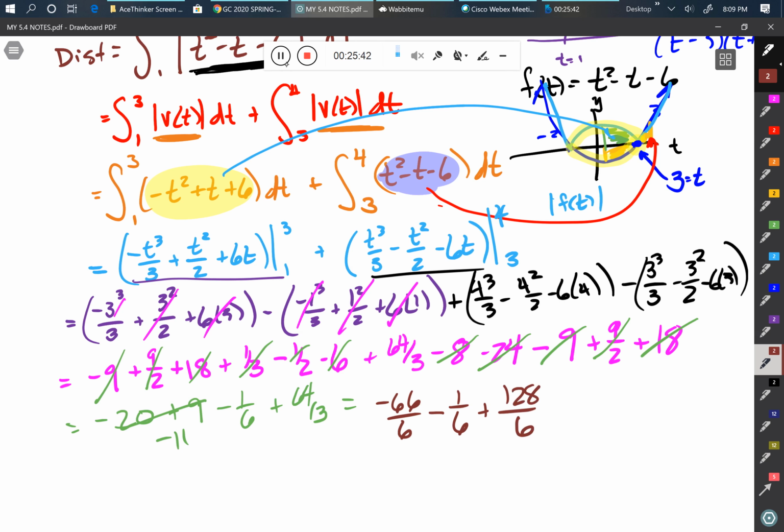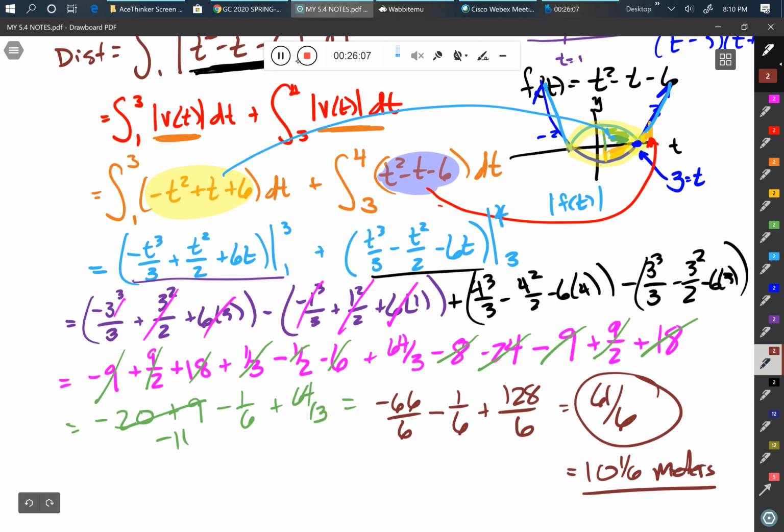Let's see, 128 minus 66 would be 62, minus 1, 61. 61 sixths. 61 sixths, or if you prefer, 10 and 1/6. We're measuring distance traveled. This is going to be meters. Now, one little point to remind you of, since the purpose of this is to find distance traveled, and